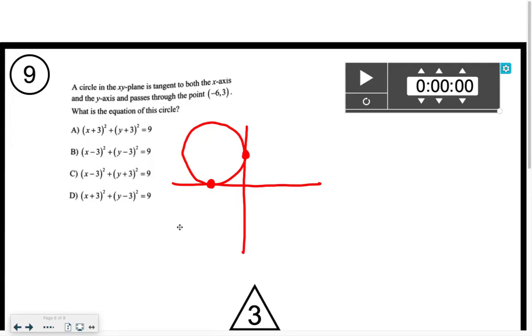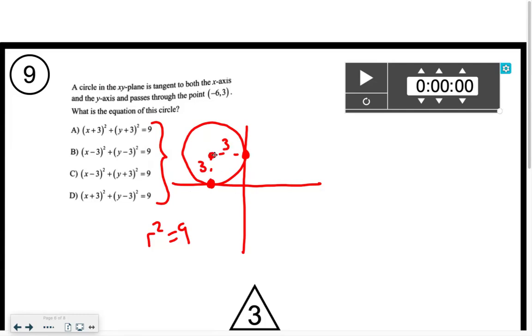And another thing, this is why I would just do it this way. I didn't use Desmos for this problem, although you could look at all the answers, see which one looks like this, and see which one, if you need further, see which one goes through this point. But the reality is if it's tangent, and we know that based off all the answers, this value over here represents r squared in the standard form of a circle. So therefore, the radius is 3. So if the radius is 3,